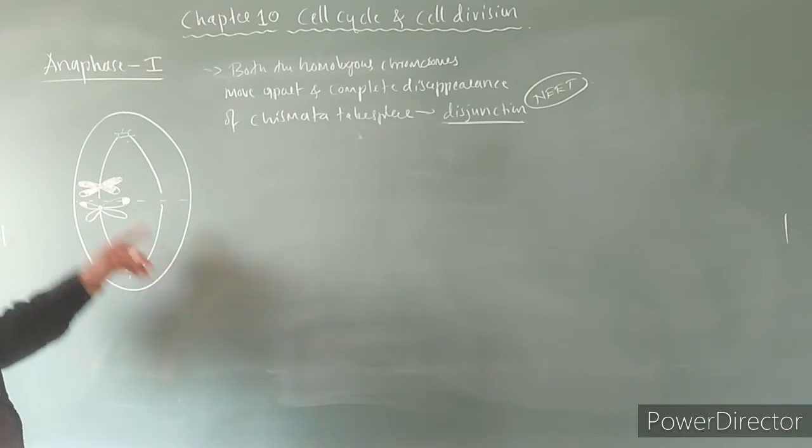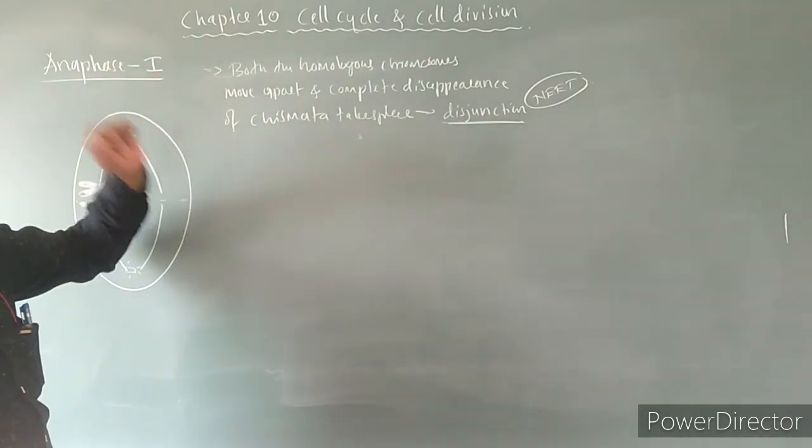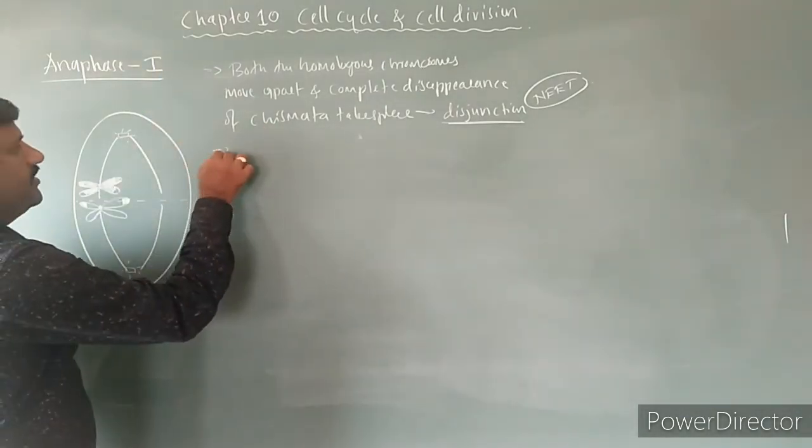Disjunction occurs in anaphase 1 completely, and after that,